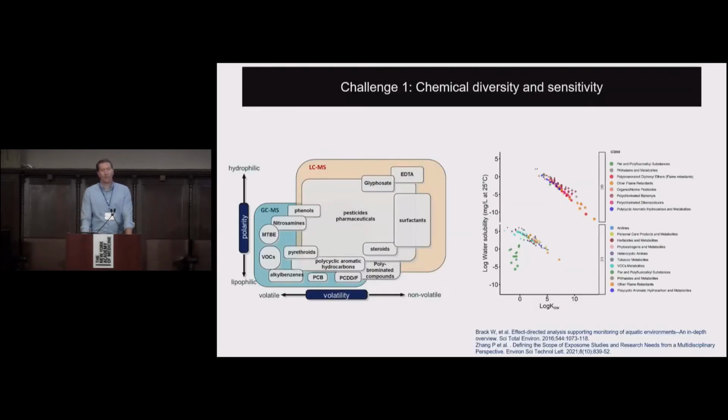And so in order to accomplish this goal and our aims, there's a number of challenges that we've faced in developing comprehensive and robust exposome methods. Our first challenge is really chemical diversity and sensitivity. We know that our exposome comprises a tremendous range of different kinds of exposures and endogenous metabolites and drugs. And there's no way that we can use a single analytical approach to characterize all of them.